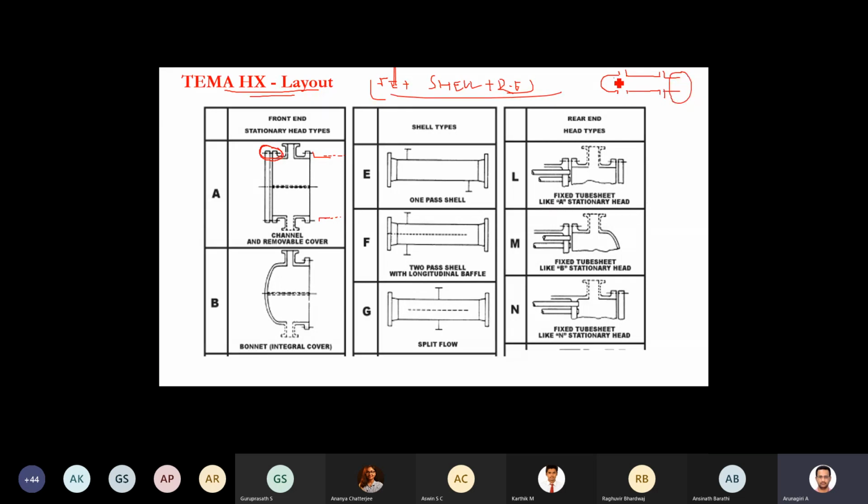So here you have different types of arrangements. This is your channel, this is your head. Again, this channel and head can be connected like this. It may be removable, or sometimes it is an integral part. This is the flange which has to be connected with your cell side. Here you may have a tube sheet also. We will see the components later. After this you have the cell. This is an integral cover, that is different from type A. You have this bonnet arrangement, and an integral cover that is integrated with the cell.